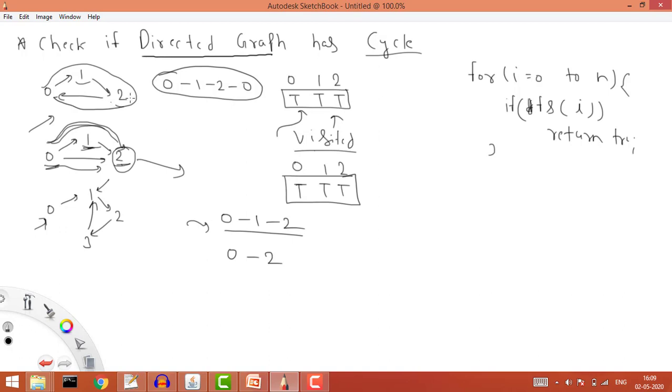So it means here it was in the one stack, here it was in the one path, because we are doing DFS, and we know that in DFS we basically solve using the stack, or we can have the recursive approach. In recursive also we take the stack. So here, first of all we are putting 0, then we are putting 1, then we are putting 2, and then we are again getting the 0 here, right? So this is what was happening in this case. But here, first of all we went to 0, then we went to 1, then we went to 2, and now after that there is no path, right?